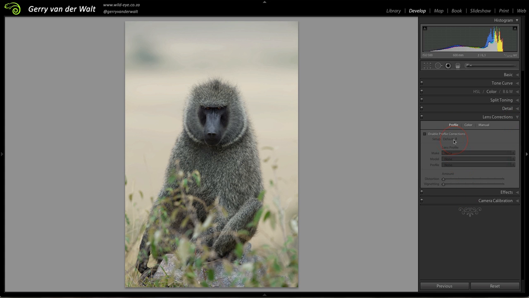Now, before we click enable profile corrections, you need to know that whatever lens you are shooting with affects the look and feel of your image. Depending on how wide or how much of a zoom you have, there's a certain amount of distortion and vignetting that will take place. What Lightroom have done is they've created make, model and profile of a vast range of